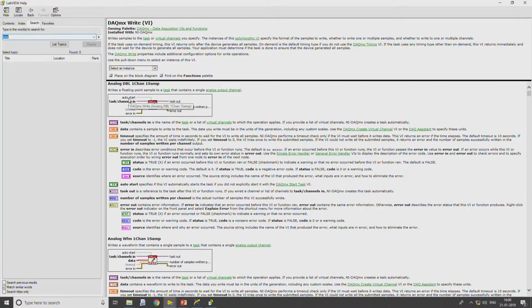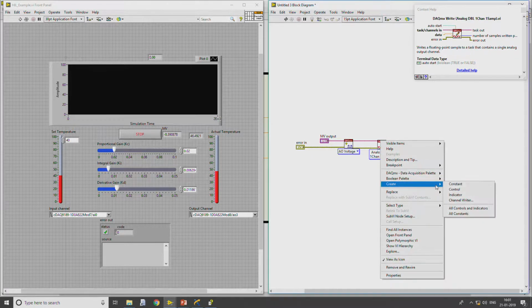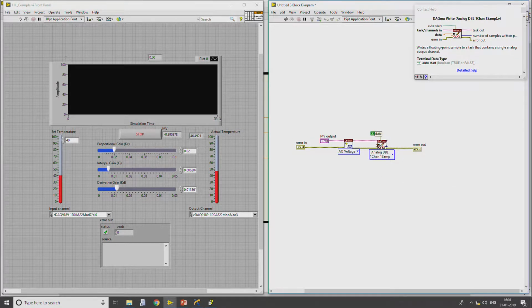So for example, when we consider auto start, it specifies this VI automatically starts the task if you did not explicitly start it with DAQmx Start VI. So even if you connect, it will work, even if you do not connect, it will work, but if you do not connect it, it will consider some default settings which are already available, and it will work like that.